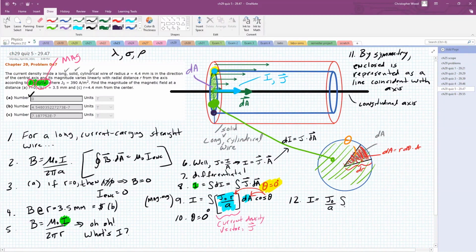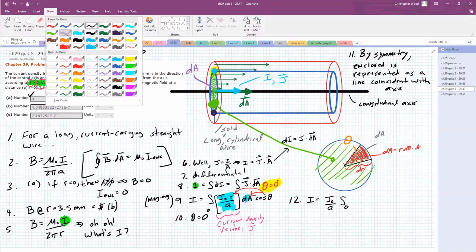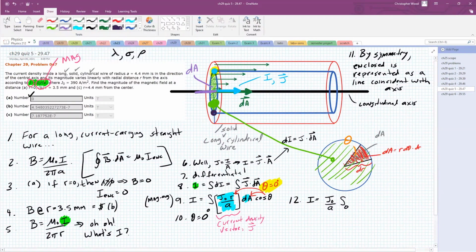Integral, and then we have to worry about our boundary conditions. I need to go from 0, which is right here. 0 starts at the center of the circle. Here's 0. And then I need to go all the way out to r. So from 0 to r,